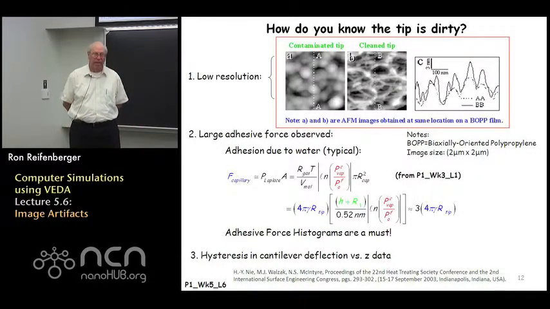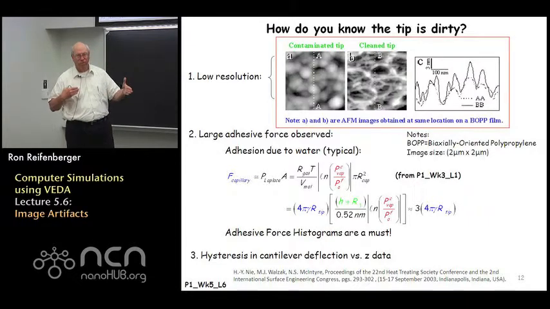The third feature that indicates a contaminated tip is just a cantilever deflection versus Z curve. So you just approach the tip to the substrate, and you retract. If there's a large hysteresis in that force, that approach-retract curve, that's an indication that the tip is no longer in good shape. So this requires you to do an experiment initially when the tip is new, and then if you become convinced or suspicious that the tip is no longer performing accurately, you reproduce that force versus distance curve. If you see a big hysteresis in that, that's probably an indication the tip's picked up some